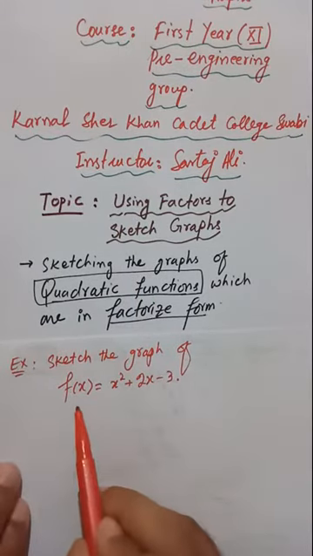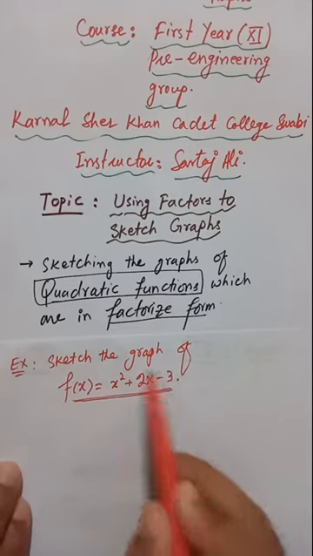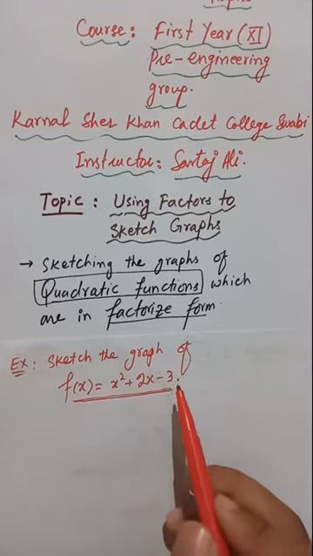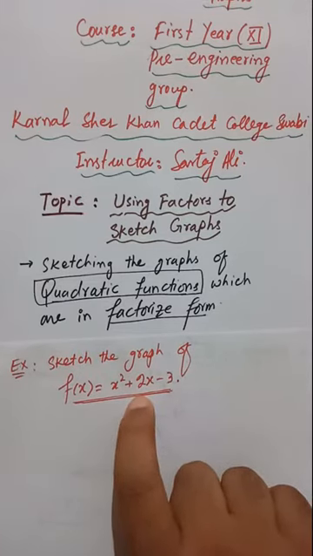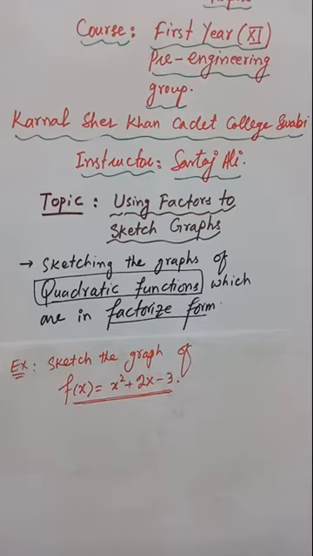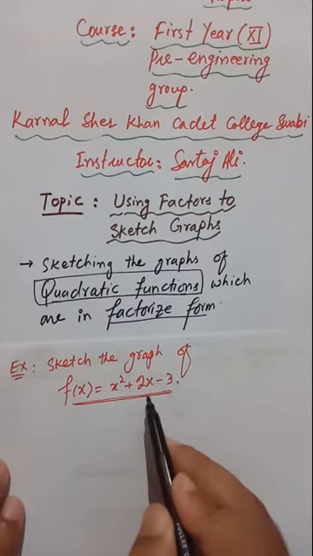So first of all, we will convert this quadratic function into the product of two linear factors. It will always be converted into the product of two linear factors because the highest power of the variable is 2. So that's why quadratic expressions can always be converted into two linear factors if they can be factorized. Okay, now first of all I need to factorize this.